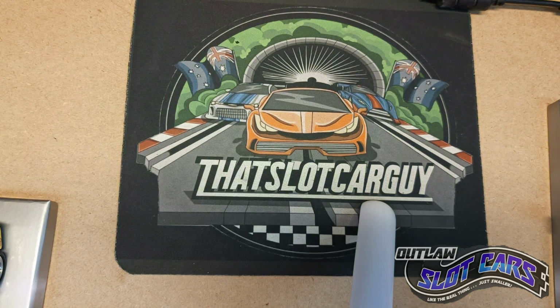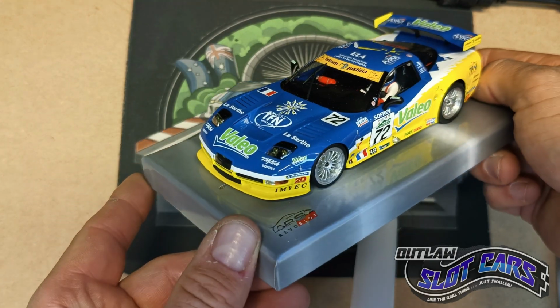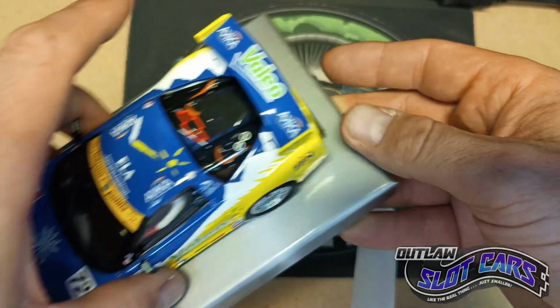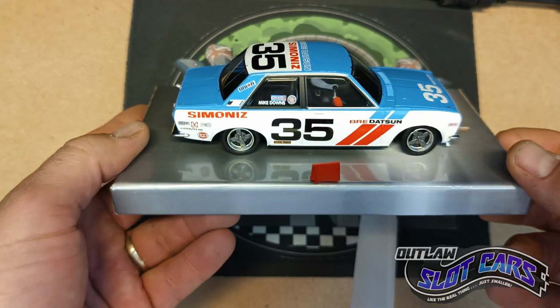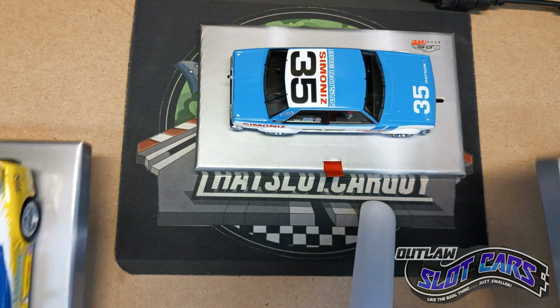Next up, we'll be taking the new Corvette for a spin, car 72. I believe I can use this one at the Revo Nats as well. So this will be the car I'll be taking to the Nats. And last but not least, one of my favorite cars of the year, the Revo slot 510, but I'm going to use car 35. So let's test them all, put them around the track, all stock out of the box,